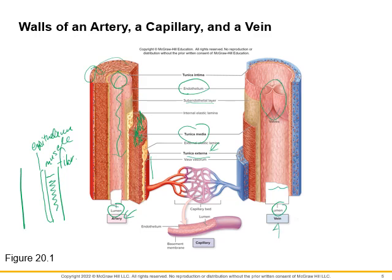You can also see that veins have valves, because we're pushing blood up against gravity back to the heart. We'll talk more about these in the next section. Then you can see there's still muscle here. There's tunica media, but it's a lot less muscle. And then we still have the